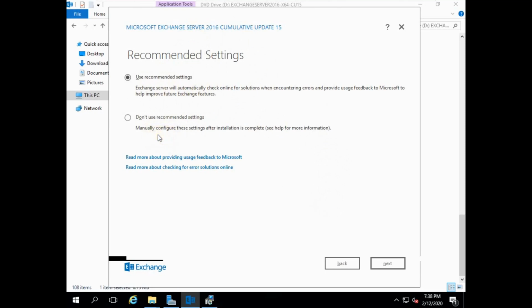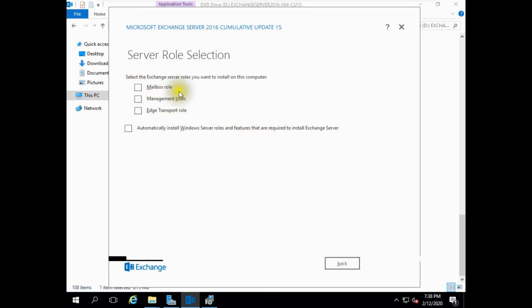Then Microsoft can help you with the errors if you face any. Click next. Select the mailbox role. It will hide the other two roles. Click next.